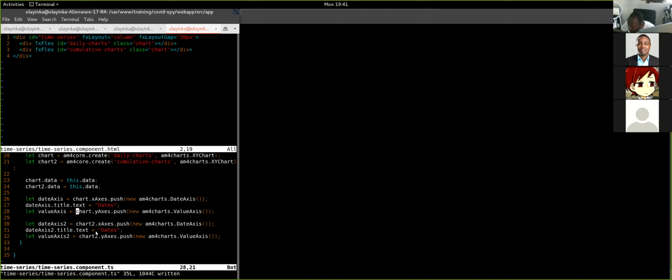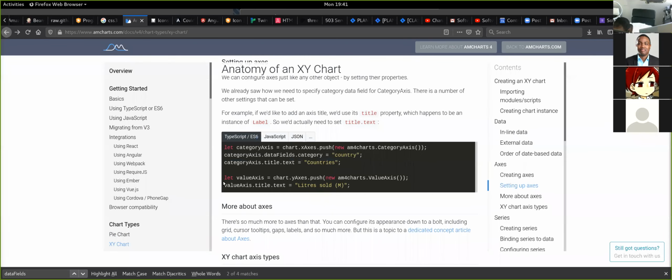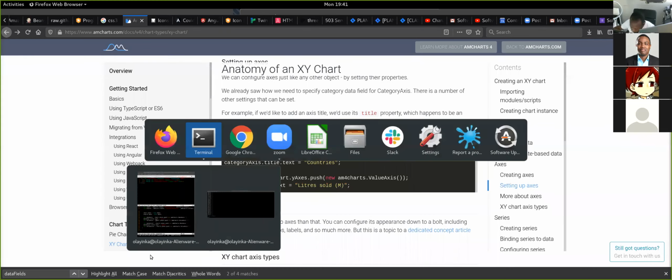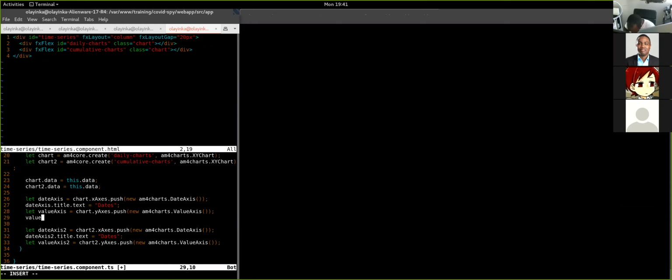Okay, we haven't labeled the value axis, so let's label it. Value axis title text equals